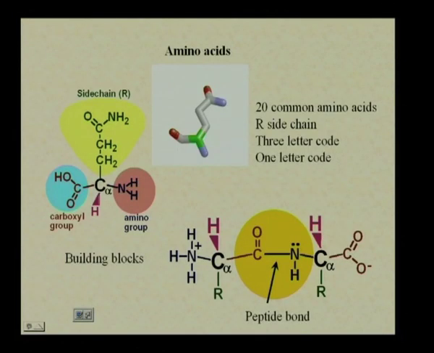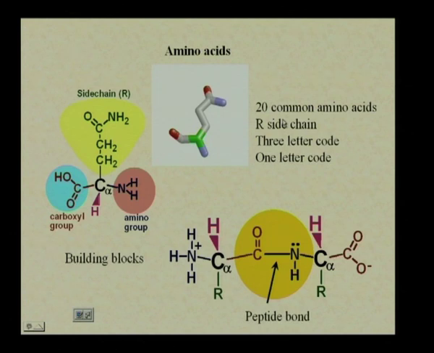Okay, we start off with the discussion on amino acids, and as we saw last time, amino acids have an asymmetric carbon atom. To this carbon atom is attached an amino group and a carboxylic group. And we have the different side chains. We found out that we have the 20 common amino acids, the 20 R side chains,